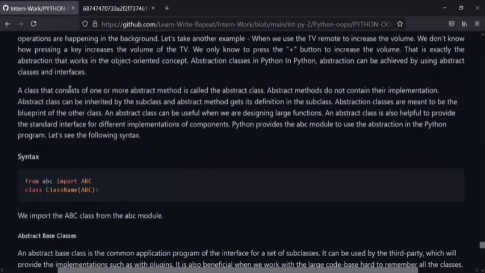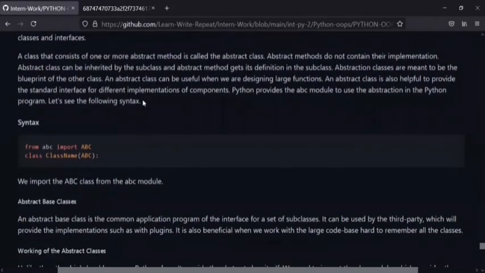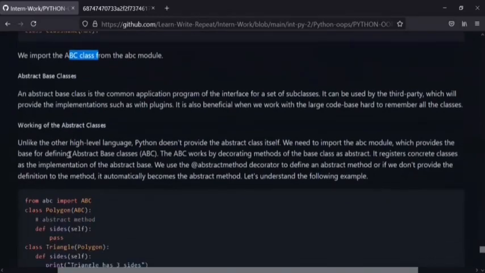The class that consists of one or more abstract methods is called an abstract class, and an abstract method does not contain its implementation. An abstract class can be inherited by the subclass, and its method is defined inside the subclass. So how does the syntax look? From abc, we have imported ABC, importing the ABC class from the abc module.